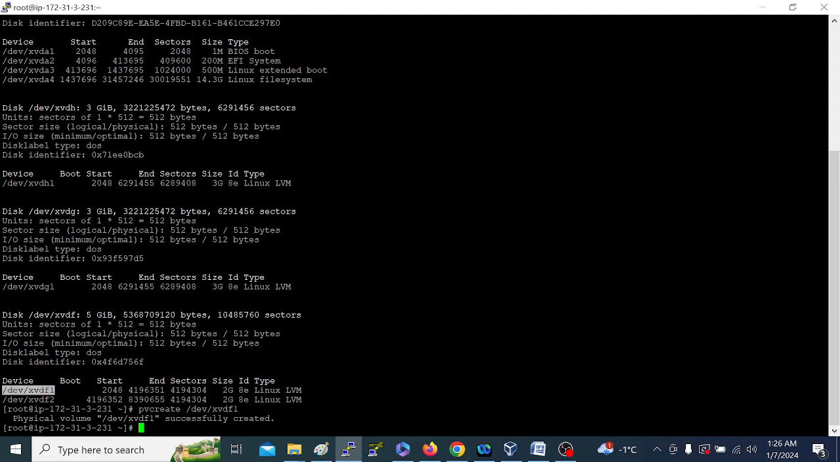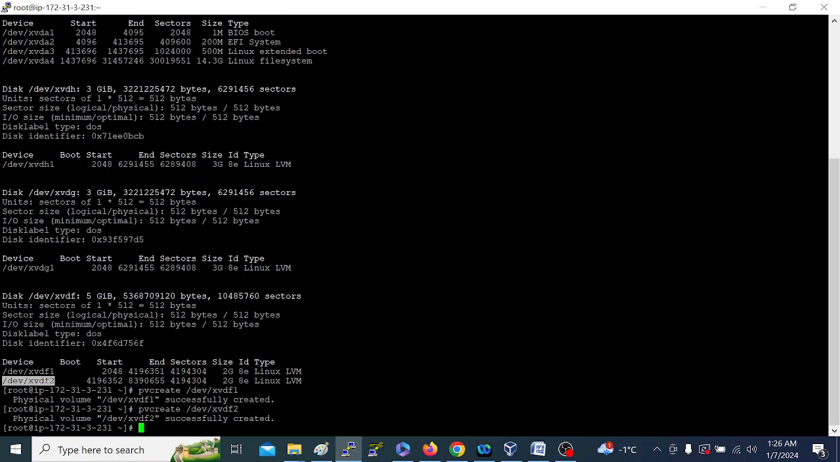We can create another physical volume. So this one also, let me create this one also. The reason is I'm going to create a volume group with these 2 disks. Okay, that's fine. So it's already done. So 2 physical volumes are already created, right? So now with these 2 physical volumes,